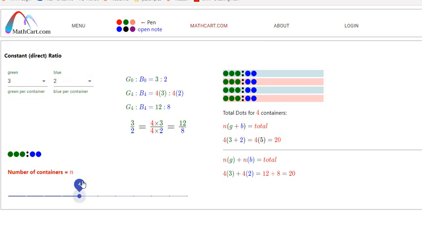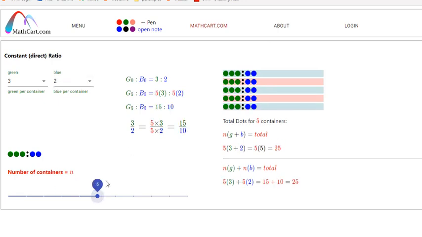All right. So now what I'm going to do is change this one to 5. So I have 5 of these containers. How many greens do I have now? I have 3, 3, 3, 3, 3. So 3 plus 3 is? 6. Plus another 3 is? 9. Plus another 3 is? 12. Plus one more 3 is? 16. Nope, 15. Nice try. Close. All right, so I have 15 of the greens in total, and how many of the blues